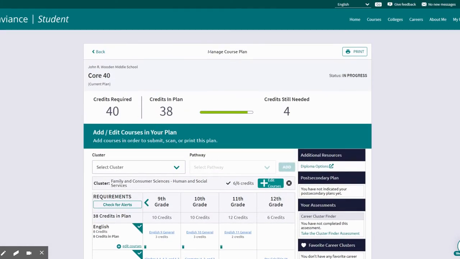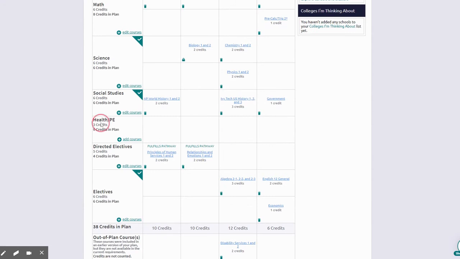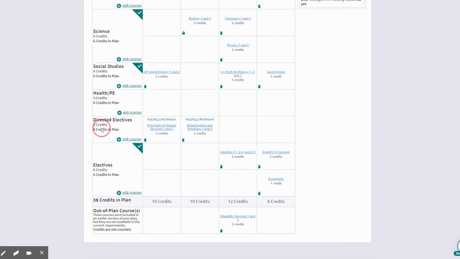And so I'm almost there. 40 credits are required. I have 38 credits in my plan. I still need 4 credits. But if you look down here, I'm not done with my health and PE requirements, and I also need more